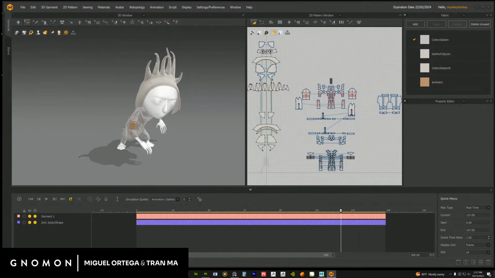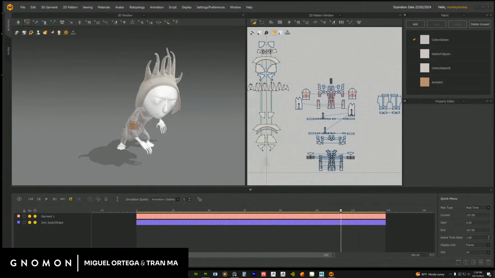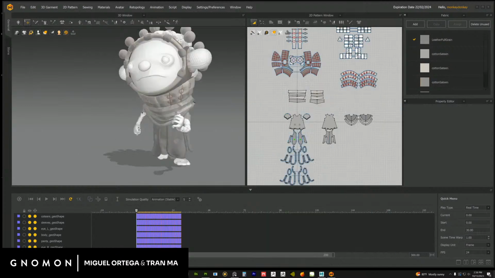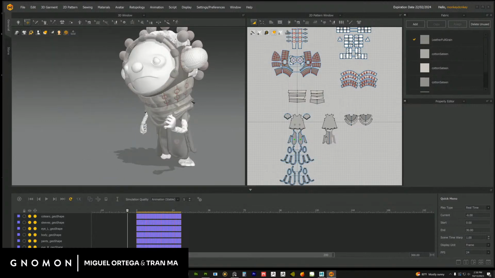I'm actually not sure how failed this one is. But let's check. Yeah, this one's not that. This one seems fine. Well, you can go ahead and show it, and I can see if I can dig it up. Okay, let me see if I can find. I think this is it. Okay. One second. All right, so while Tran shows that,